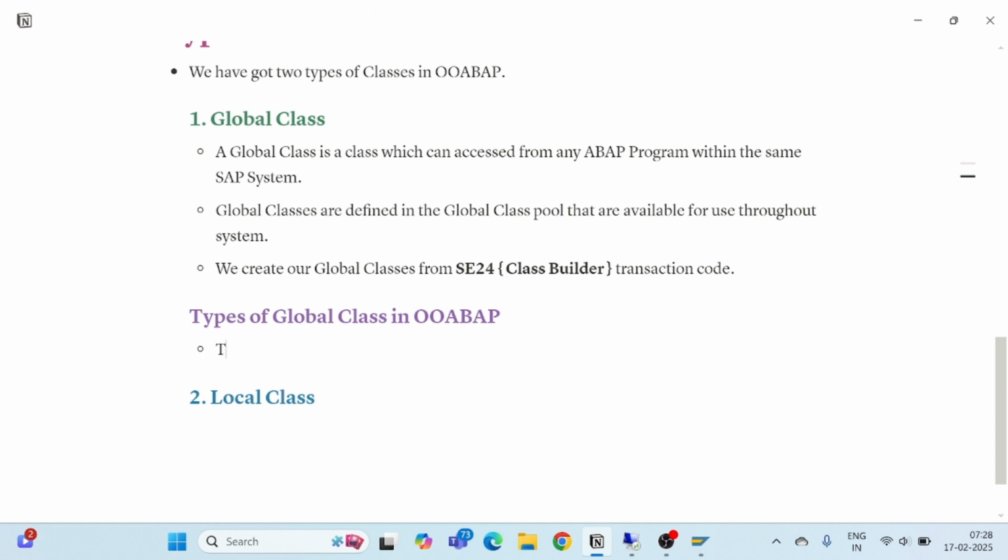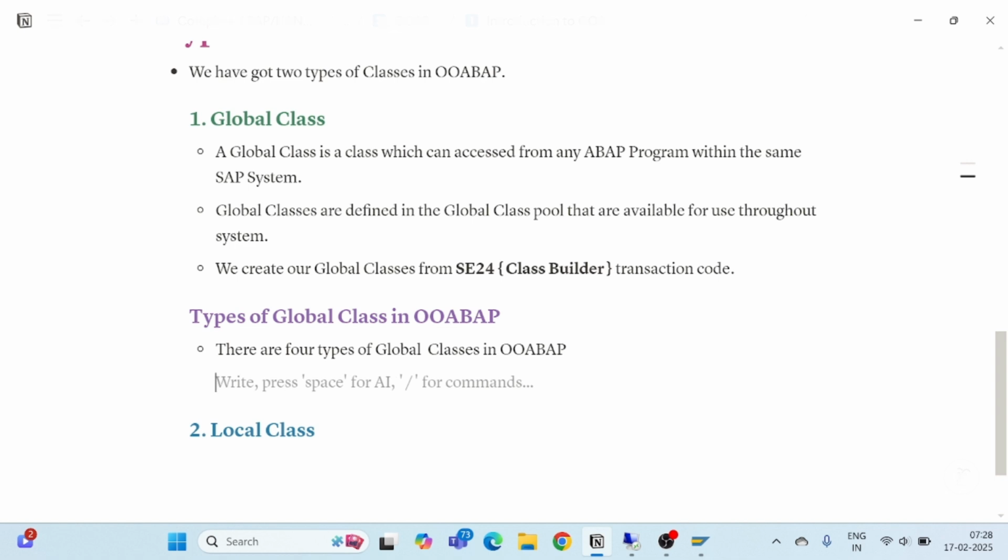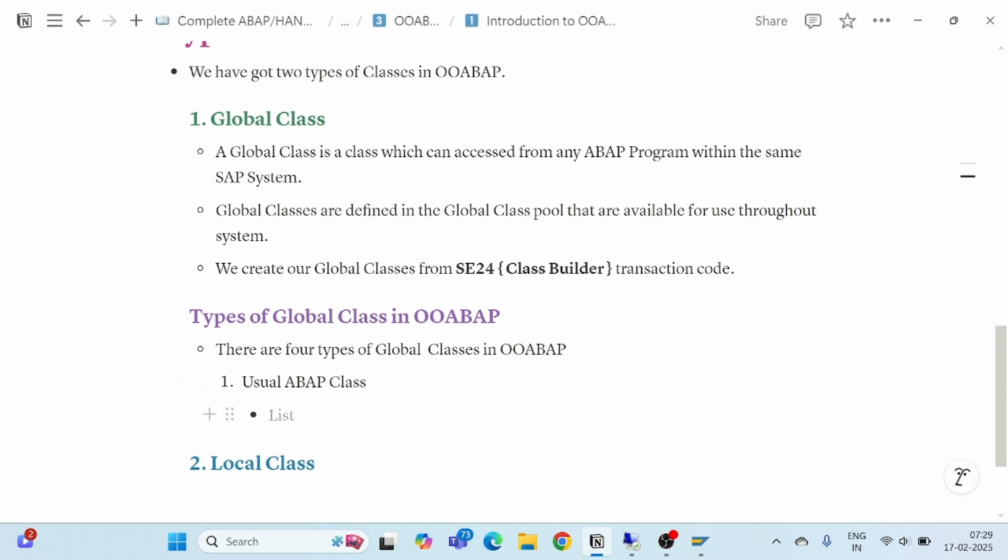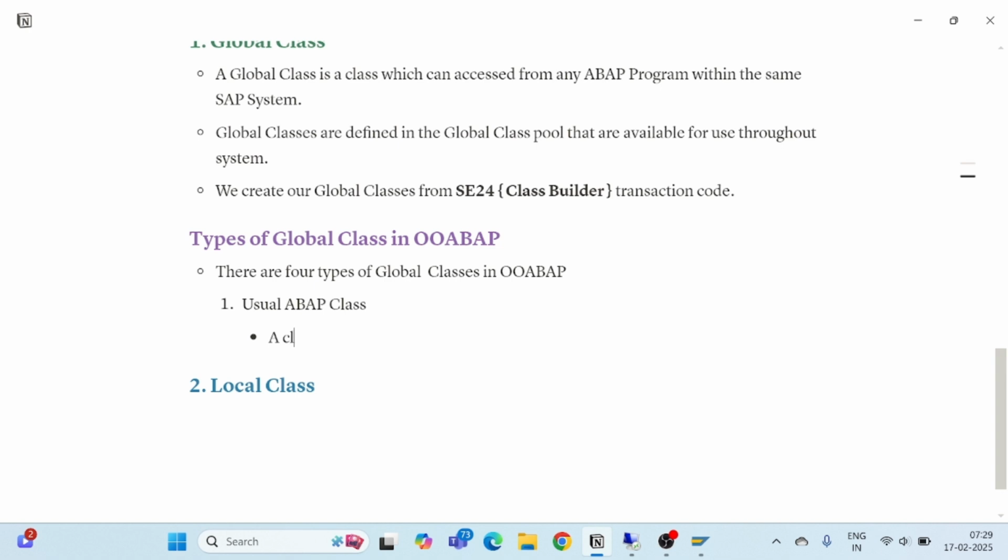So there are 4 types of global classes in OOABAP. First one will be your usual ABAP class. Usual ABAP class, and here you can say the name itself is explaining everything. Usual ABAP class, so a class which we usually create